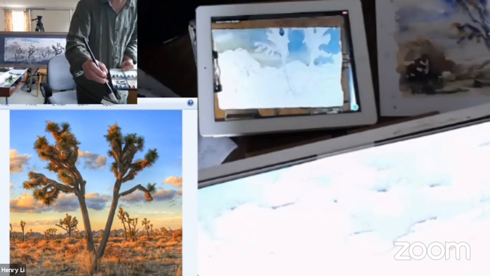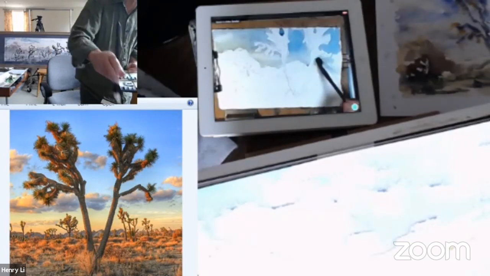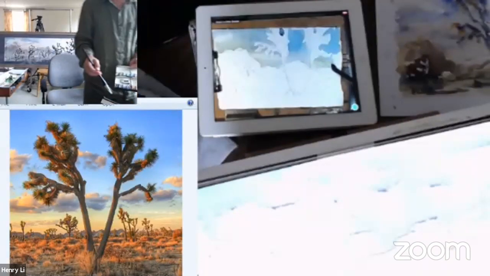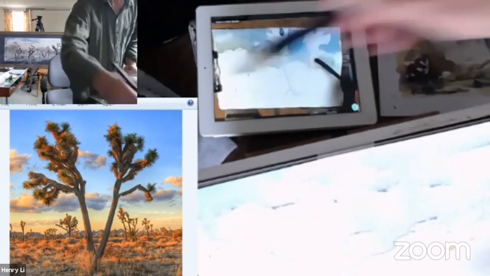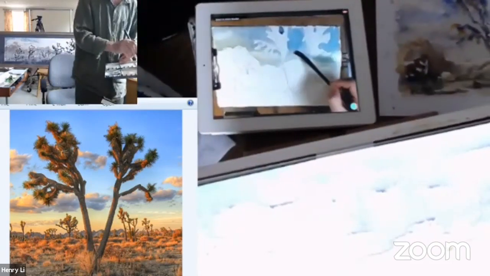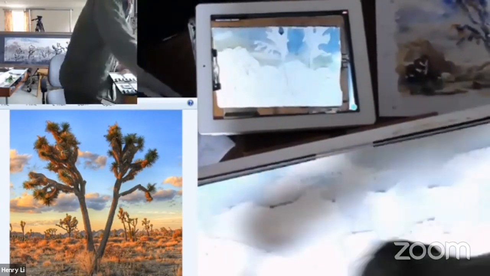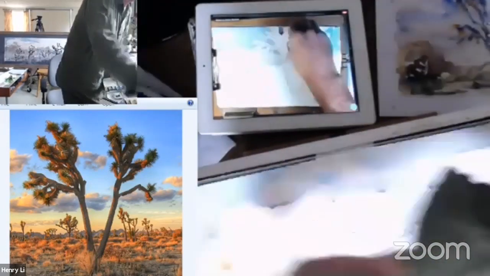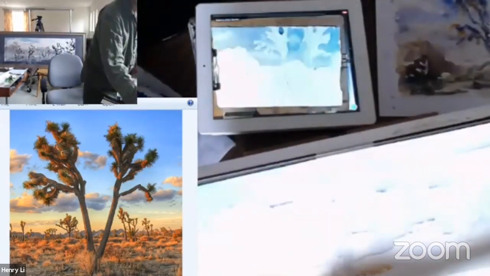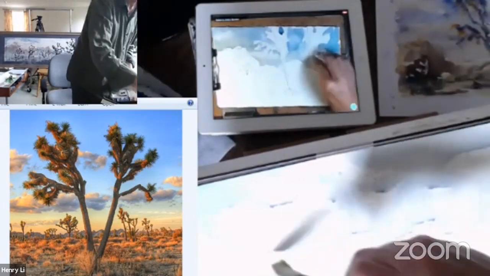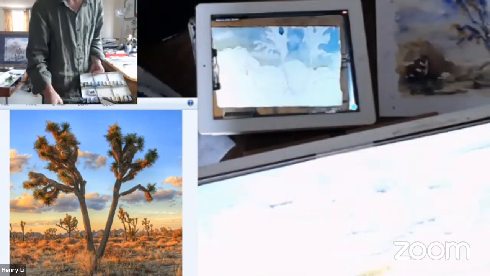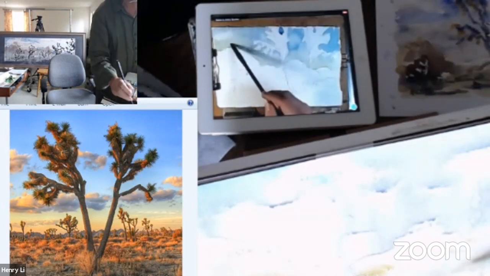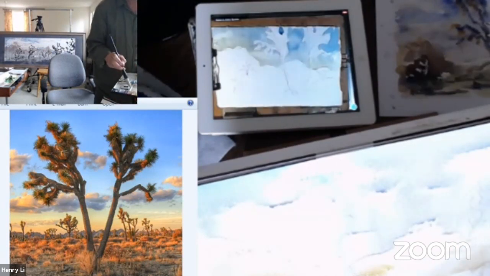Might get a little bit yellower toward the bottom. Just let the watercolor be watercolor. Let it do its thing. Couple little cloudy shapes back there. Things in here. Oh, well,